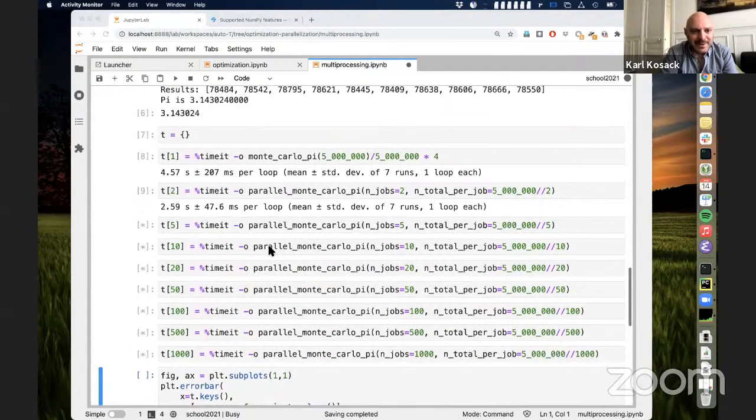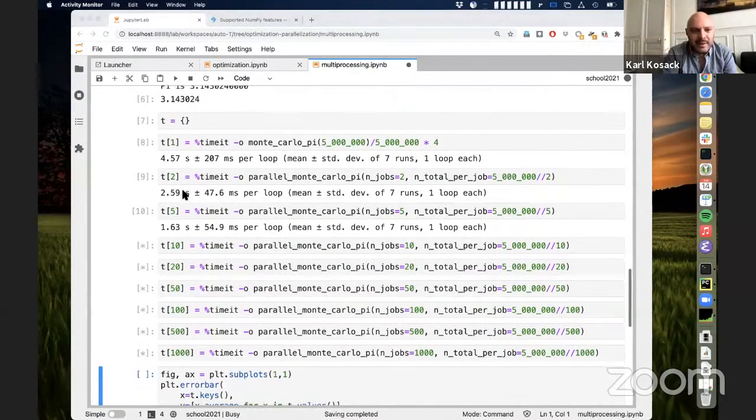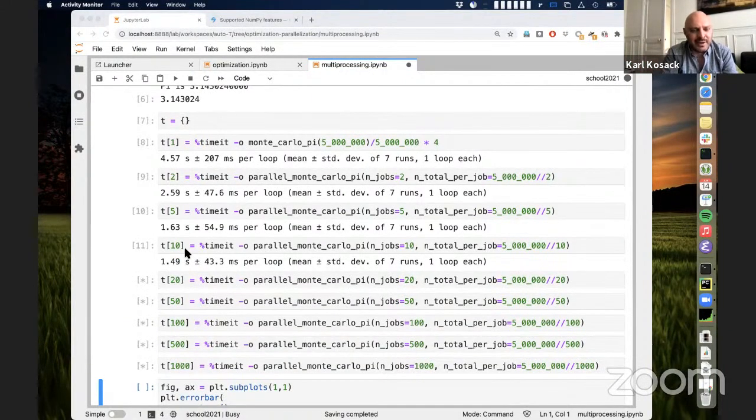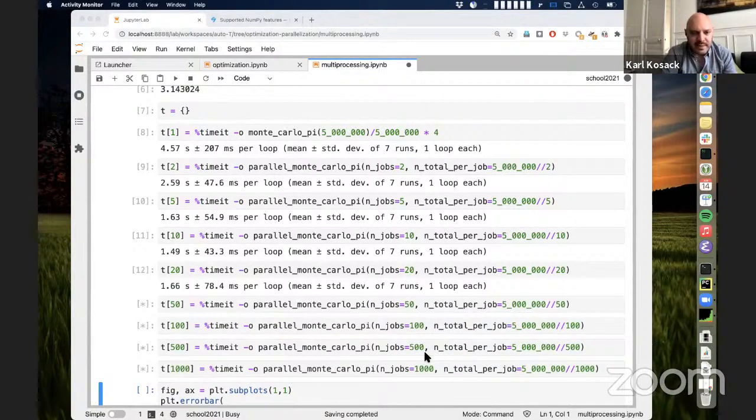I may have to stop it after a certain point because I maybe put too many. No, okay, it's running a reasonable time. You can see the time's going down already. I'm not sure if it properly accounts for multiple jobs running. Oh no, they should be running sequentially. So I think it's okay. No, it's okay. So forget what I just said. So you see it took 5 seconds for one job, 3 seconds for 2 jobs, 1.6, 1.4. So as we increase the number of jobs, we are actually improving the speed.